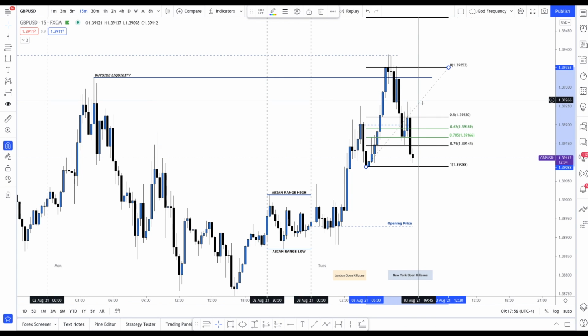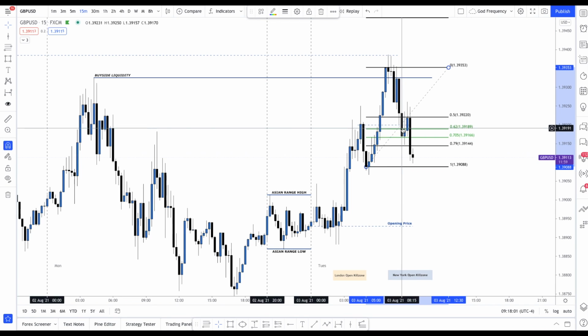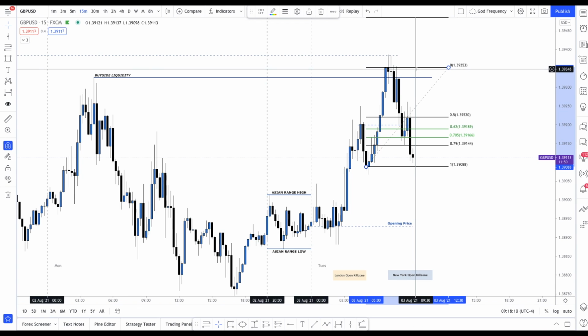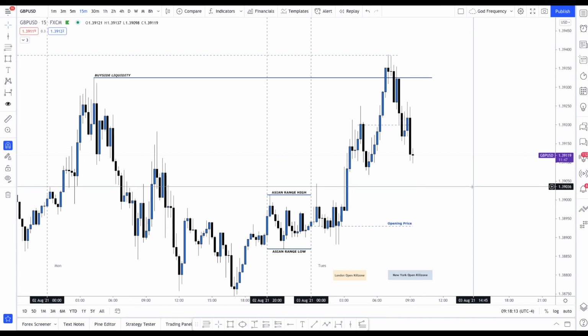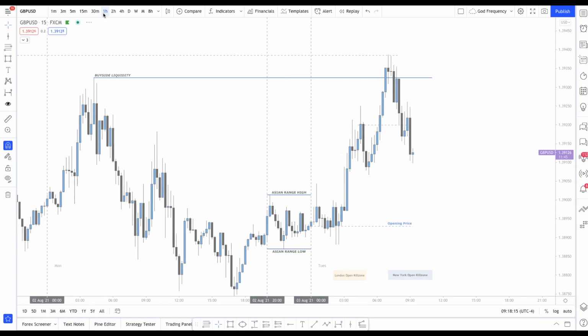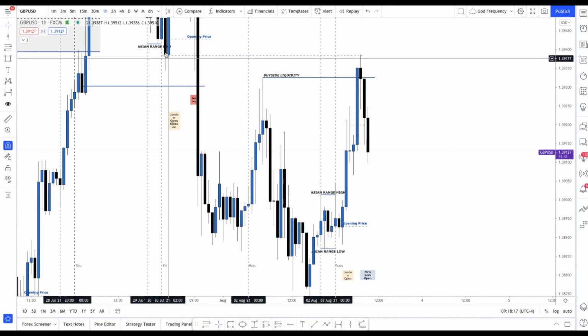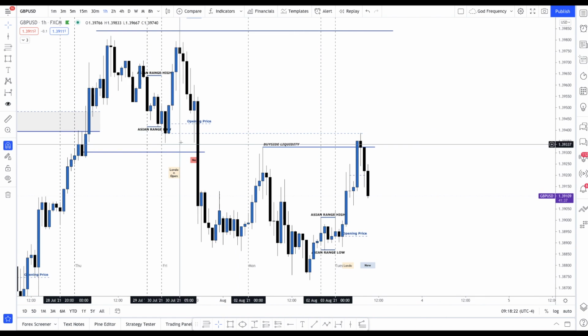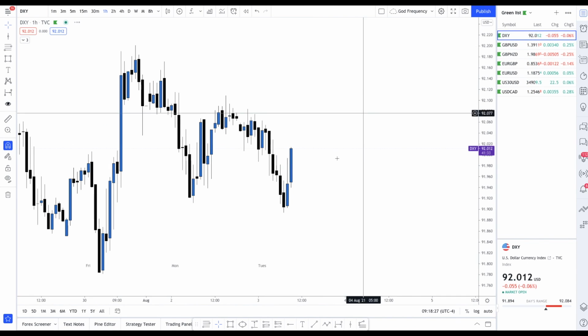this trade idea is almost pretty much invalid at this point, because I would have liked to see that immediate reaction, which we pretty much did, but then once price started to come back and it failed to continue to go higher, I saw it from a different perspective. And then when I go back to the hourly chart and I see this mitigation block here, I can definitely see why we're headed down. But then also when I go back to the dollar,